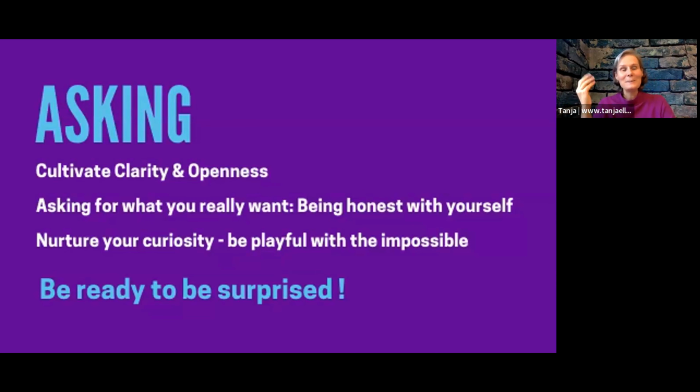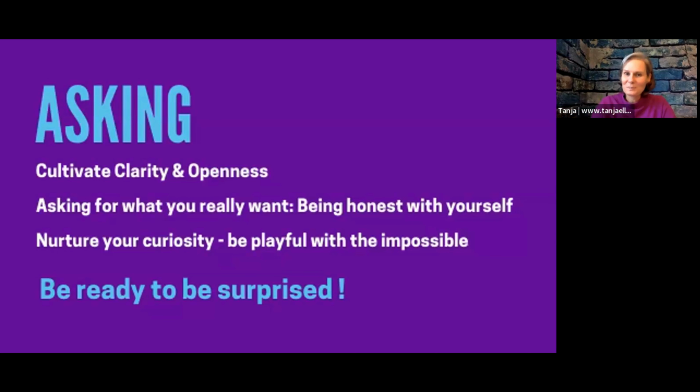Then next, be ready to be surprised, because you don't know the answer, and you don't have to know the answer. You don't have to give yourself an answer or come up with any ideas. You simply say, oh yeah, I want to know about that. And then you let yourself be surprised by what actually comes into your space, what comes into your mind, what ideas, thoughts, feelings you are getting. That is probably the hardest part of this process, because you really need to let go and not have the rational mind interfere with the delivery of the answer.